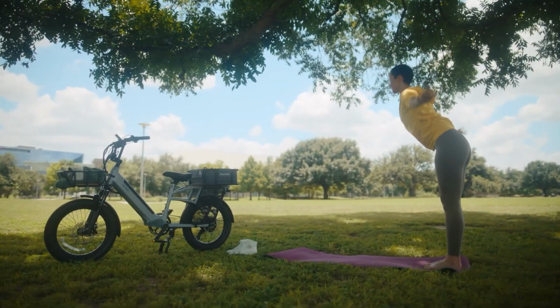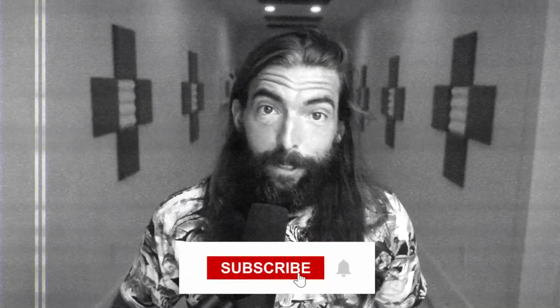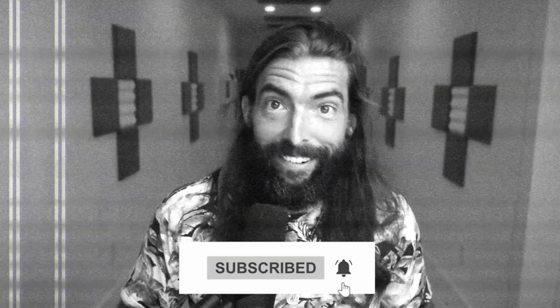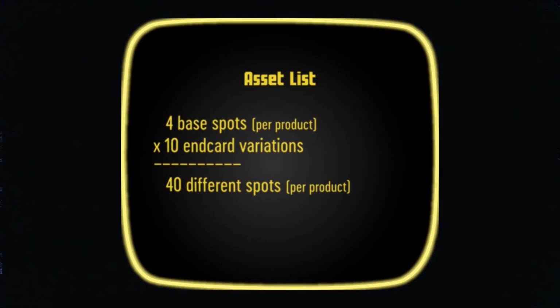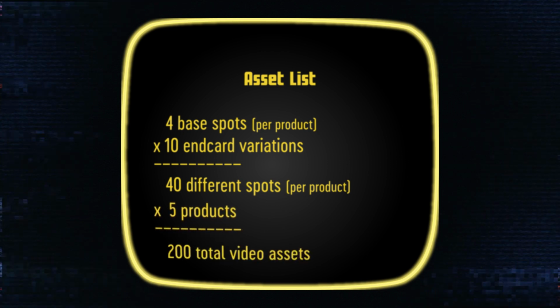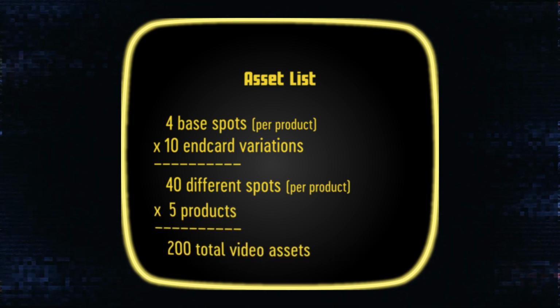Oh, this is getting into variants beyond that, right? So content upcycling, once you have these base ads, what did we say? We said we were going to end up with 4 base ads per product. Within each of those, I would say you can try at least 10 end cards. Is it going to be an offer? Is it going to be a call to action that pushes them to join your Facebook group? I have no idea, right? But all of a sudden you have 10 per, so you're at 40. You're at 40 times 5, you're at 200 total video assets that you made in a week. That doesn't even begin to say all the ways you can mix and match everything.